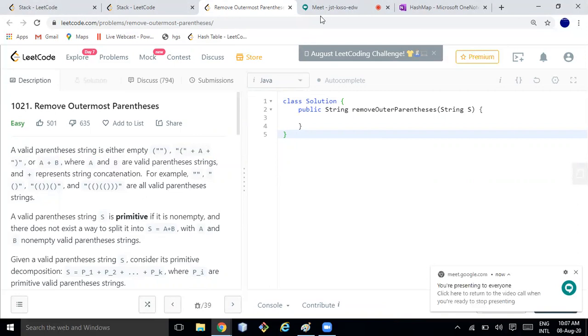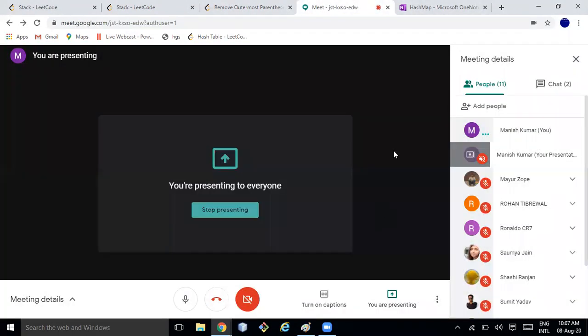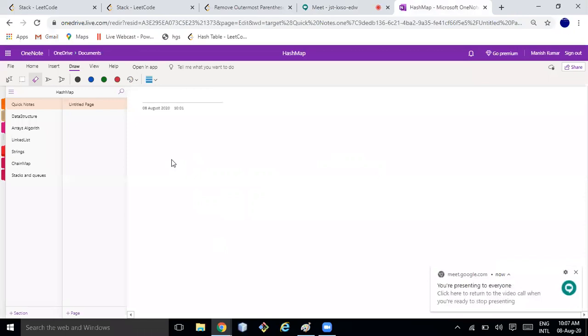Okay, so let me try to help you understand what is a valid parenthesis. You guys remember we have solved one problem related to valid parentheses earlier.